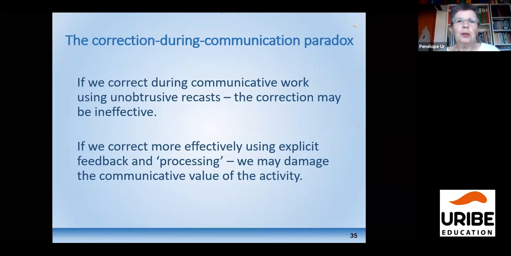So what are you going to do? And the answer is each mistake, you need to take it on its merits and decide whether you are going to correct or not, depending on how bad the mistake was, how confident the student is, how much you're going to interrupt the flow. It's a quick decision. The point I'm trying to make here is it's not an always or never thing.